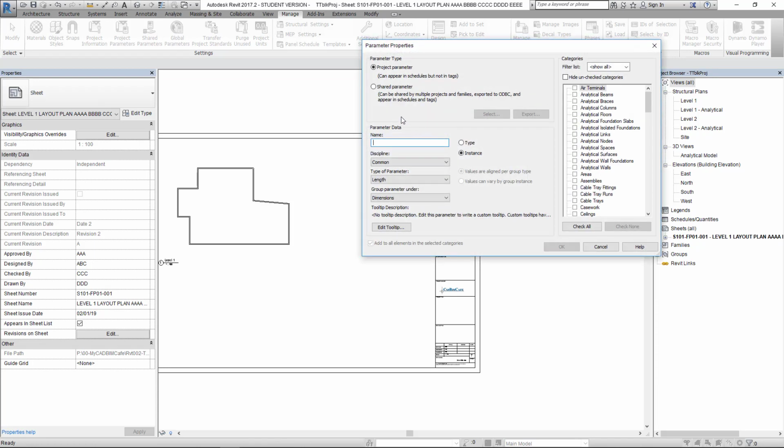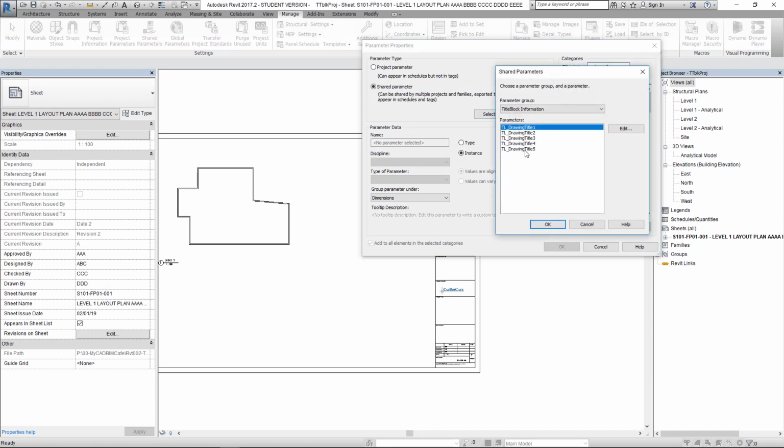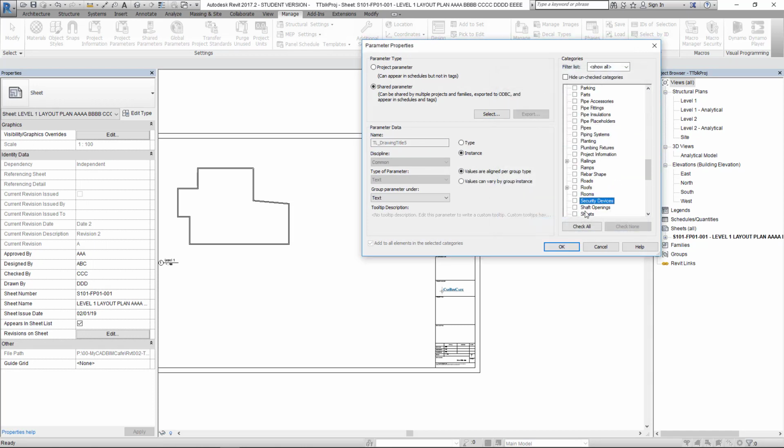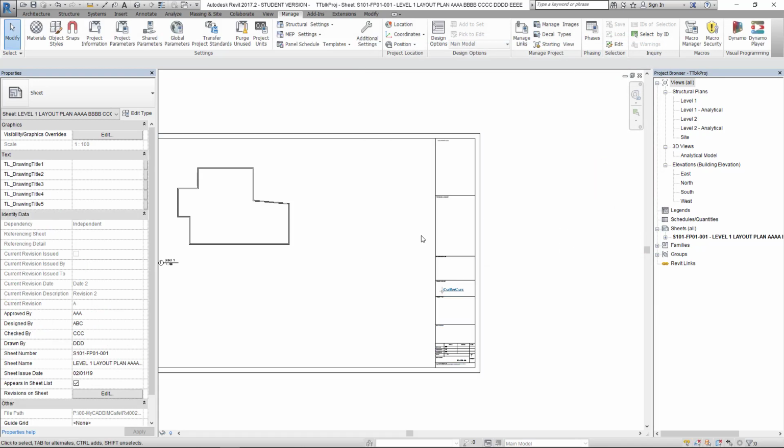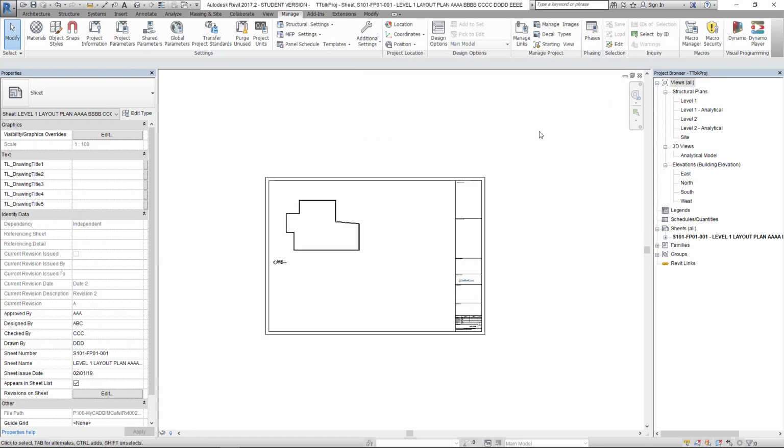And the last one will be the 5. Okay, then select 5, then sheet, OK, then OK. So now we reach sheet 1 or sheet 2 or sheet 3, we can have this information. When you type it in over here,